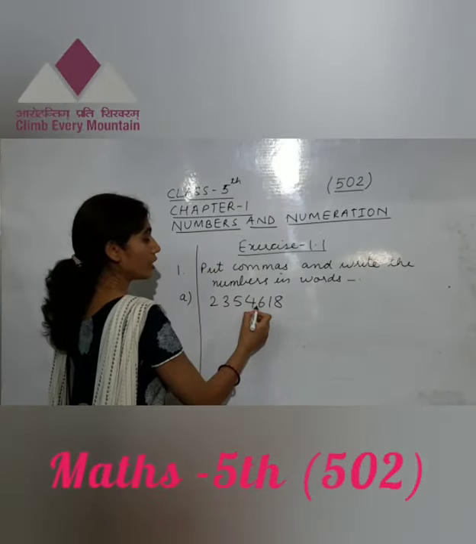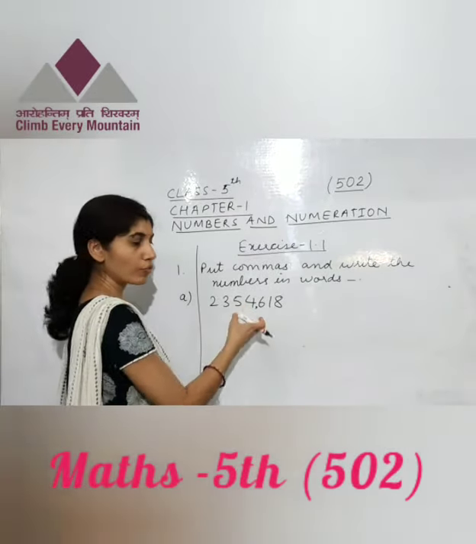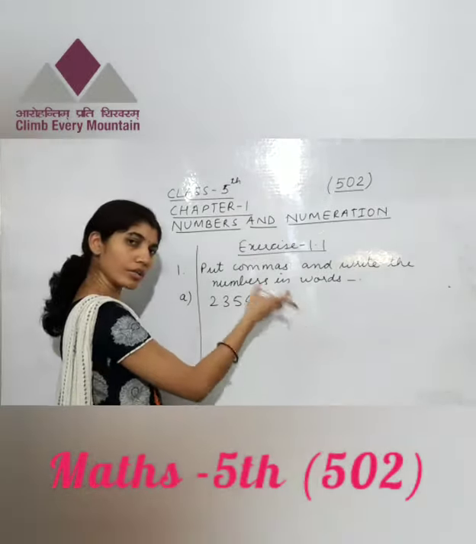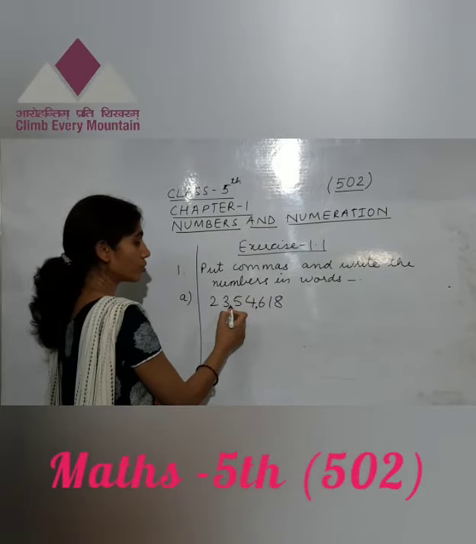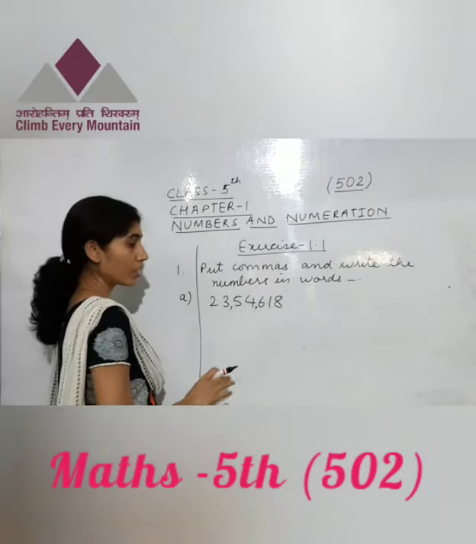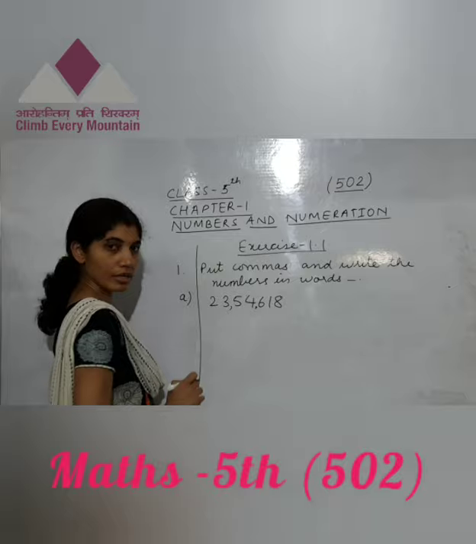First period 3 places, then 2, then 2 and then 2 again. So 1, 2, 3. We will put a comma here. In the number only you can put the comma, or if you want you can write it one more time, or in the given number only you can put. So 1, 2, 3, comma, 1, 2, comma. Okay? Now this is ones period, thousands period and this is lakhs period.